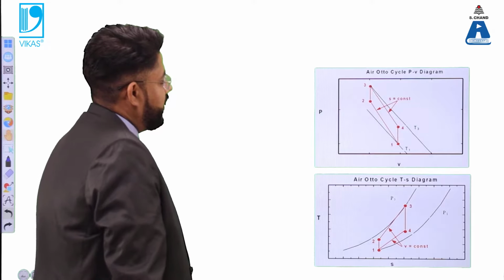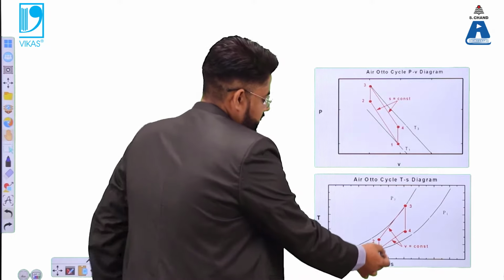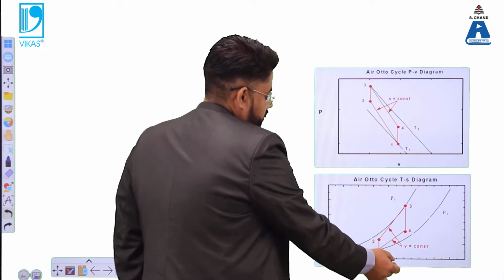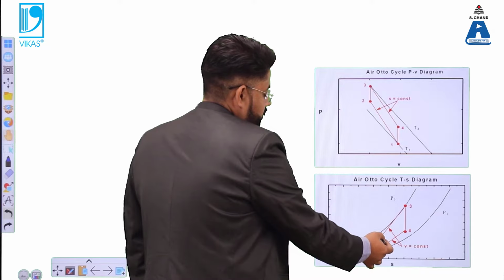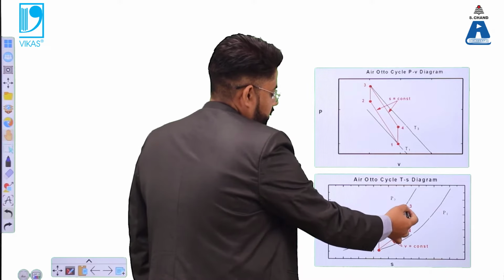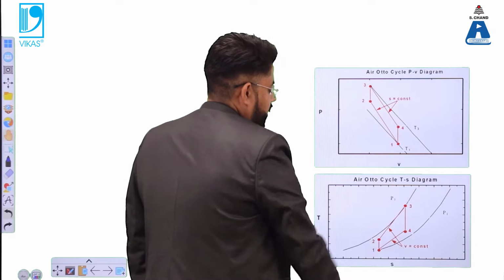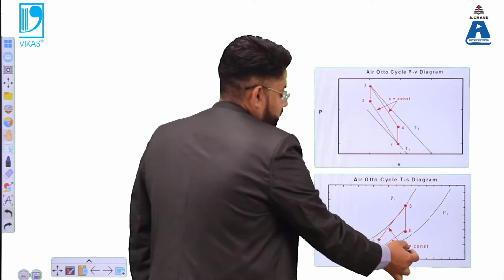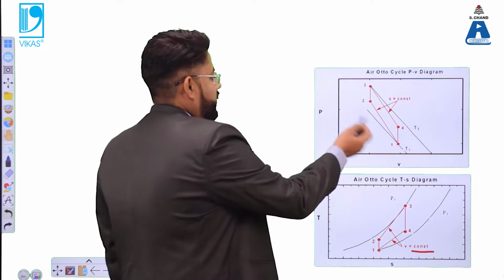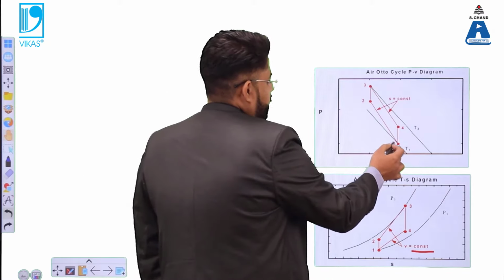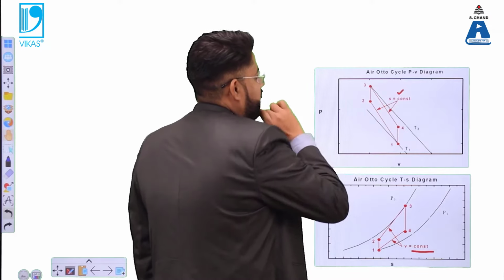But if I talk about the TS diagram, the TS diagram indicates this value of entropy, and that indicates 1 to 2 in this constant manner. Then these two lines, basically 2 to 3 and 4 to 1, indicate constant volume in this TS diagram. And in the PV diagram, we already discussed that from 1 to 2 we have this isentropic compression, and from 3 to